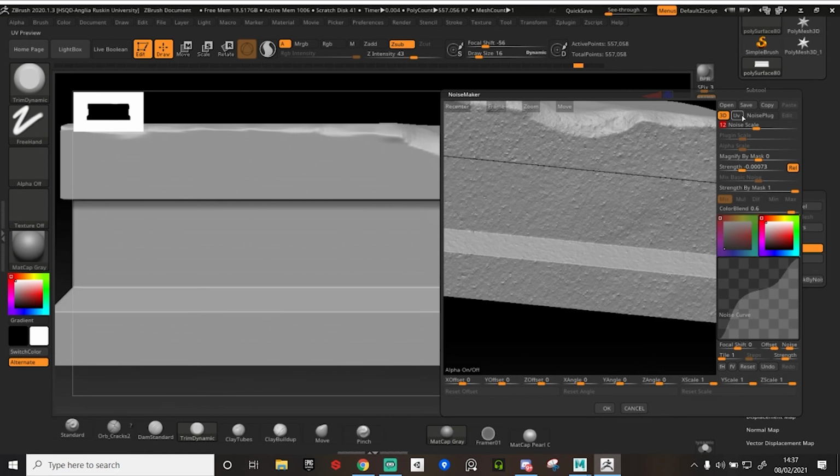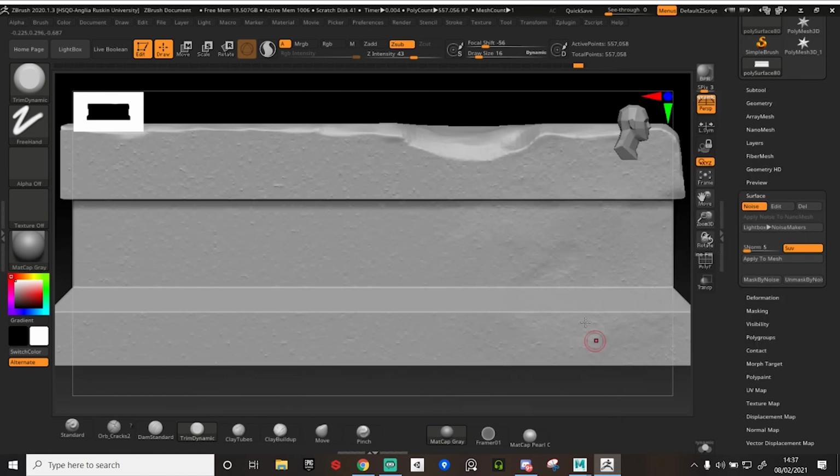And this is all experimenting. I can tell you a number, but if it doesn't look right on your model, then you're going to need to experiment with it. So it's all about looking at it and seeing what looks good. I might bring the strength down a bit